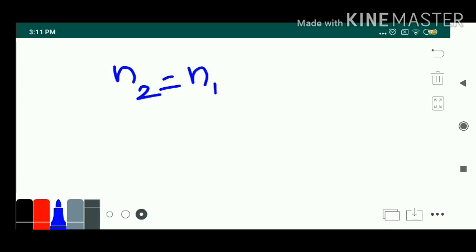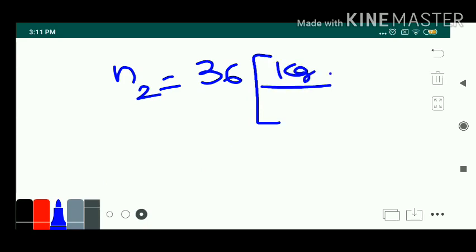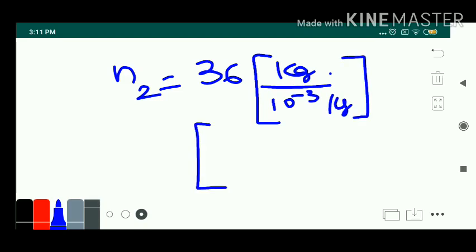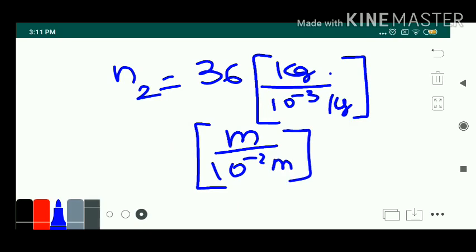So you are using the same unit system formula. n2 is equal to n1 times. n1 is how much? That is given as 36. Mass M1 by M2, the mass is in kilogram, given in the question. You want to convert into the CGS system, which means you have to convert into grams, that is, gram becomes 10 to the power minus 3 kilogram. Similarly, length is given in meter, so the CGS unit is 10 to the power minus 2 meter. M L T raised to minus 2, so this power is 1.